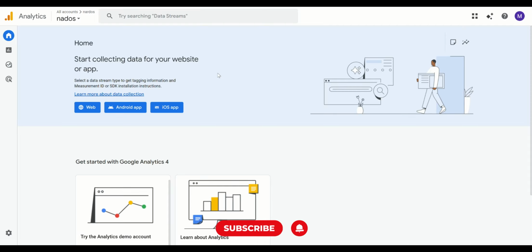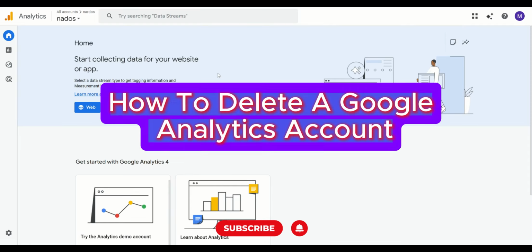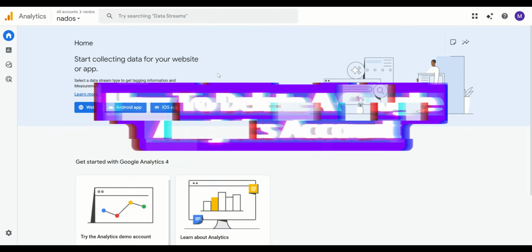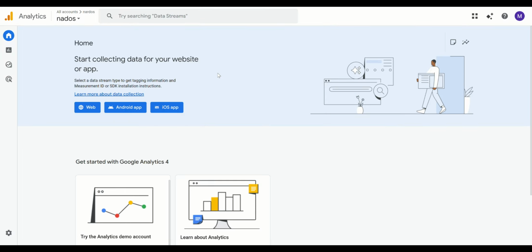In this guide, I'll walk you through how to delete a Google Analytics account safely and correctly. Make sure you follow each step carefully, as this action affects all properties within the account. If you no longer need a specific Google Analytics account, including all of its properties, here's how you can delete it. First, go to